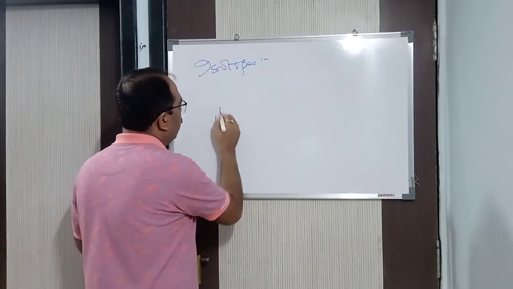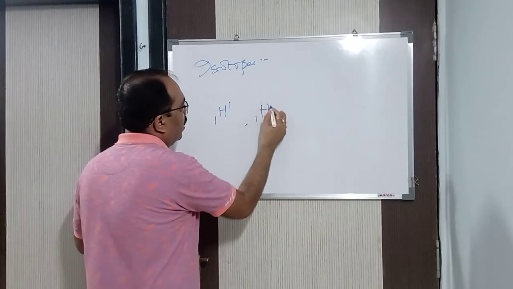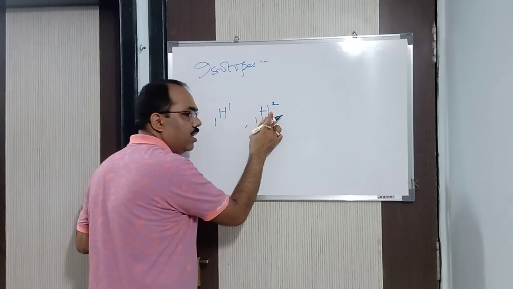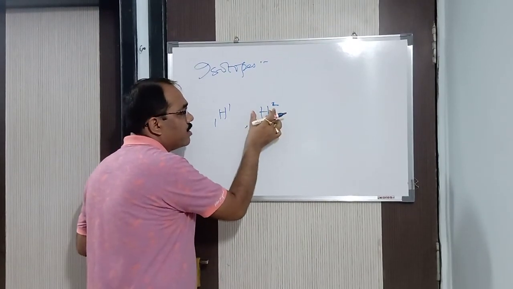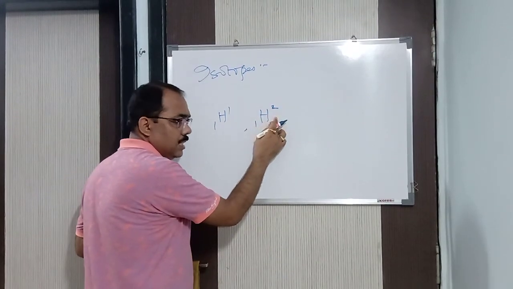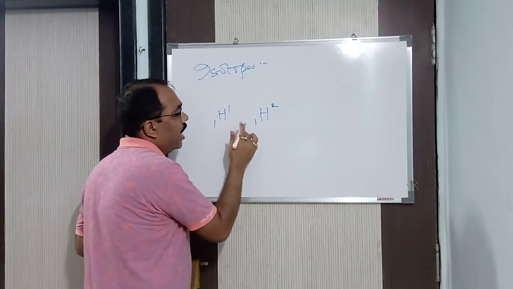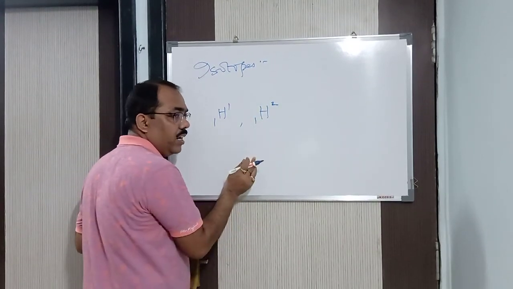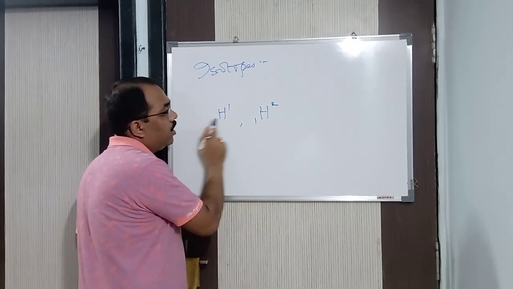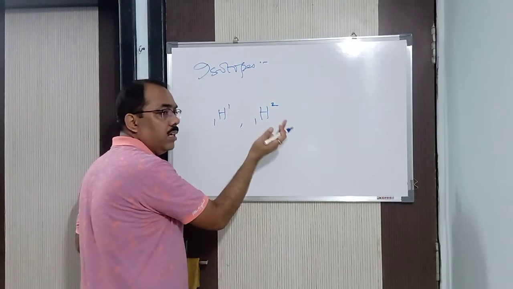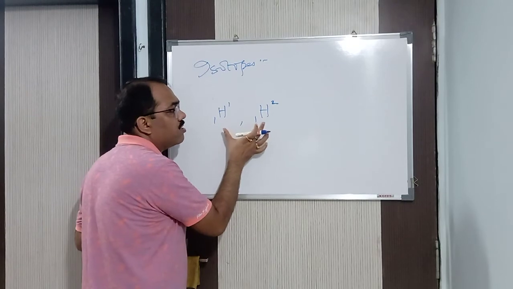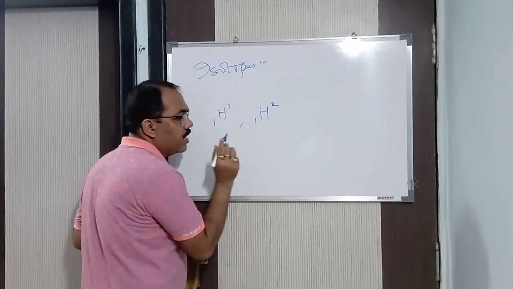For example, 1H1 and 1H2, if I take them. Now 1H2 has a higher boiling point, higher specific gravity, that is density. It has a higher melting point, higher viscosity, and also a higher refractive index, compared to protium, that is 1H1. Clear? Because its atomic mass is more. So remember children, atomic mass determines the physical properties of an element and atomic number determines the chemical properties of the element.